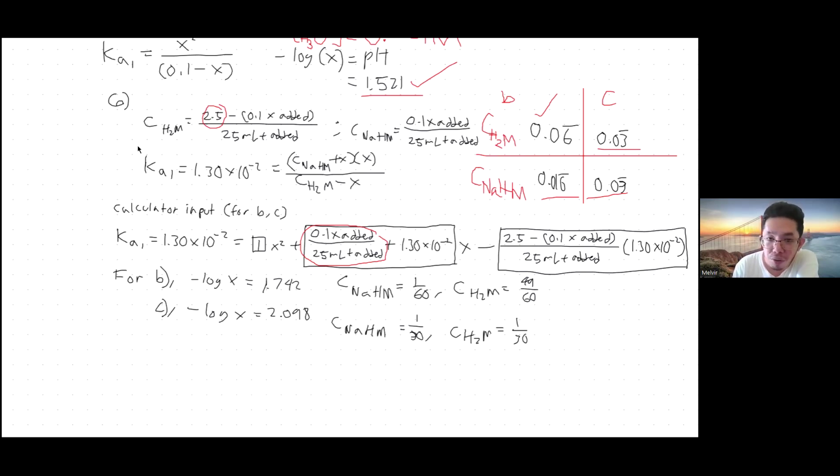Ano tong variable na to? So this is basically your, what? Yung nasa gitnang variable, yung B variable mo. It's a sum of what? Sum of,